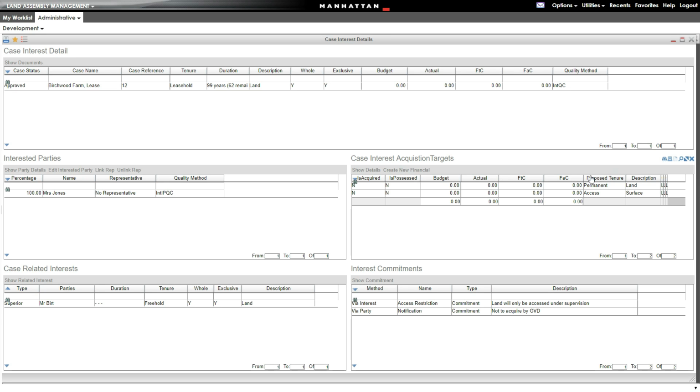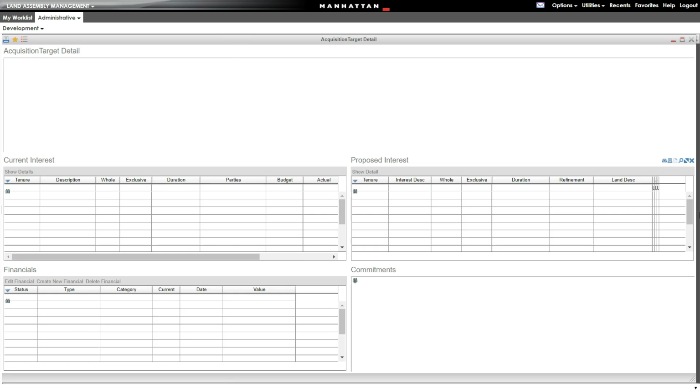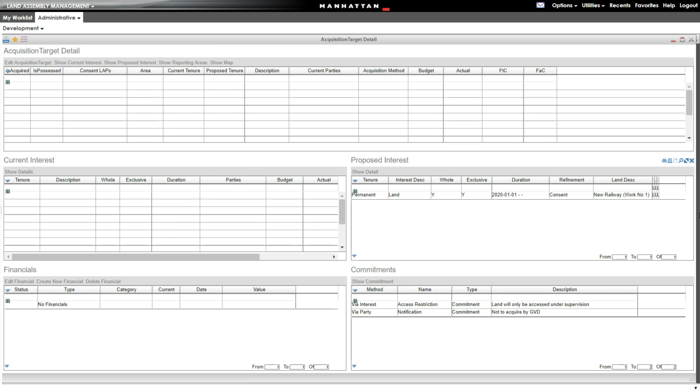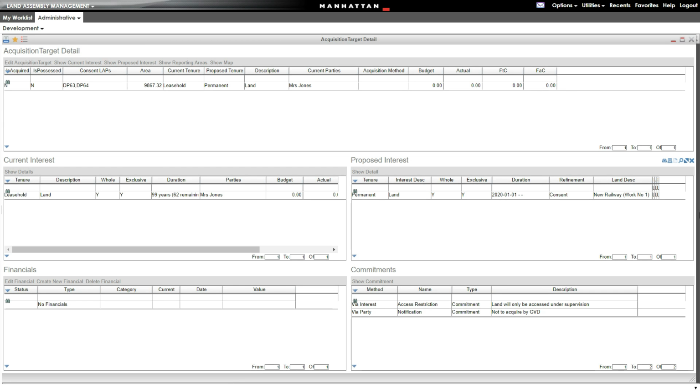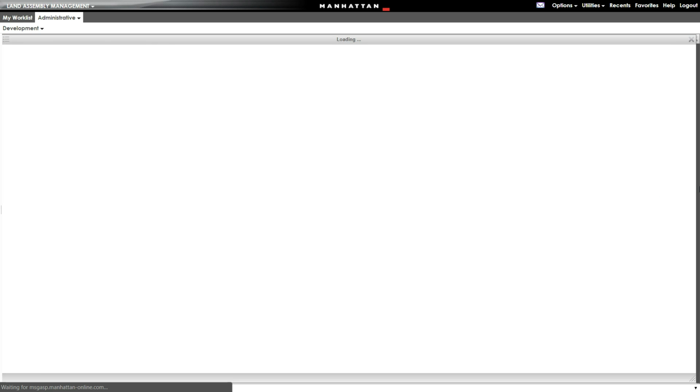If we select an acquisition target, we are provided with a screen which shows the information needed to allocate an appropriate acquisition method. On this screen, we can see that the selected acquisition target is the intersection of the current interest, which is a leasehold in land with 62 years remaining, and the proposed interest, which necessitates permanent acquisition of part. If we visualize this on a map, we can see that the acquisition target extent